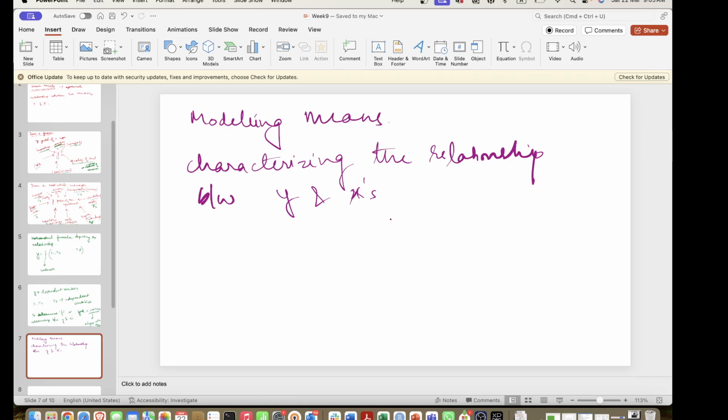Okay, in other words, I am trying to characterize this relationship on the basis of the observed data, and I should be convinced that yes, that relationship actually holds true. True in the sense that that relationship actually exists, and that is what is giving me the observed data. Okay,